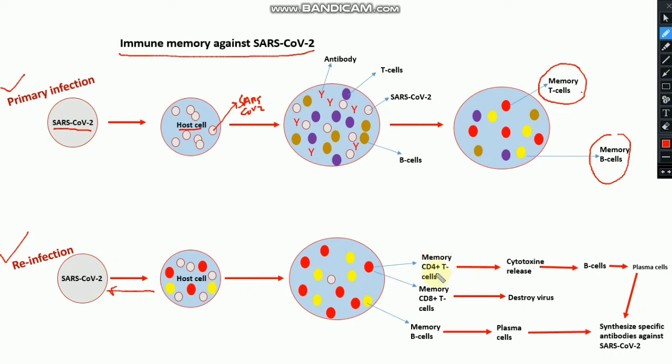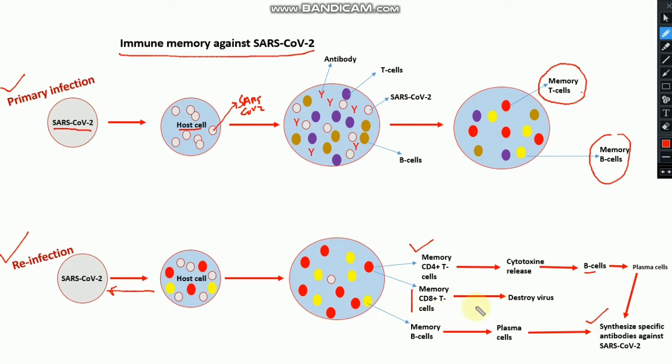So what is their job? The memory CD4 T cells do cytokine release, like IFN gamma and IL-2, and they also stimulate B cells, and B cells are gonna produce specific plasma cells, and then plasma cells are gonna synthesize the specific, selective antibody. As well as that, the memory CD8 positive T cells also